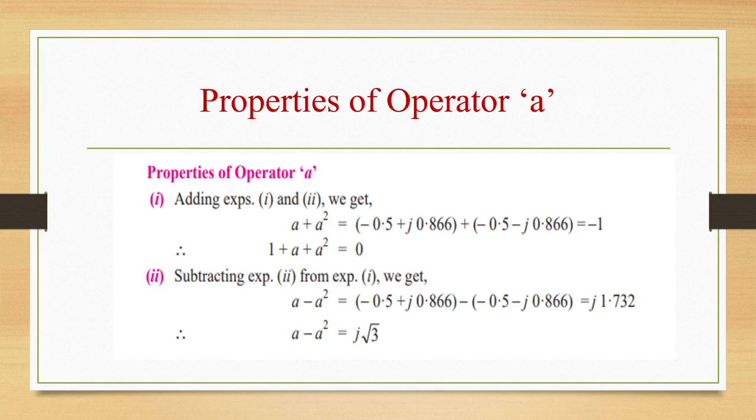Then we will see sequence impedances of power system elements. Under that, three main pieces of equipment will be considered: synchronous generators, transformers and transmission lines. Then analysis of asymmetrical faults, that is single line to ground fault, line to line fault, double line to ground fault. All these derivations and numericals we will see in the later classes. Very important.